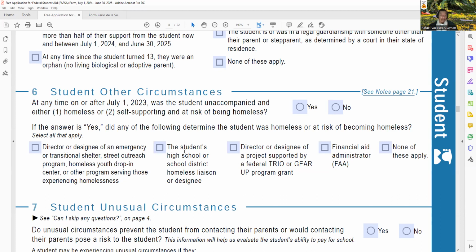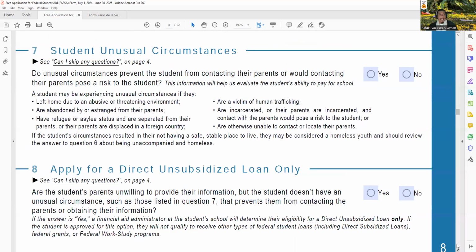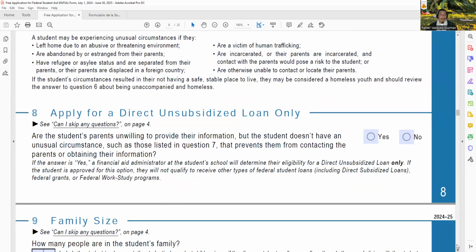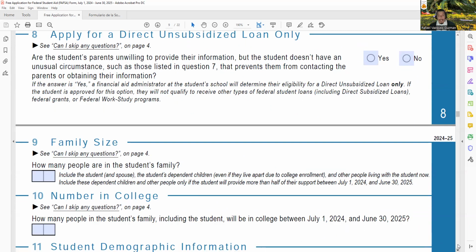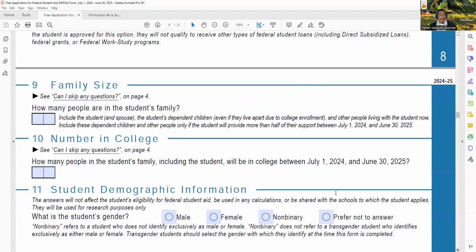Or your high school counselor, if you're still in high school, can write that. Or somebody from the TRIO or GEAR Up program. Or in some situations, the financial aid administrator at your school, at your college or university, can do that as well. But that is the only other one here that can qualify you for that type of thing. And again, other than that, it moves to whether or not your parents are unwilling to assist you with getting a loan. And then how many people live in the